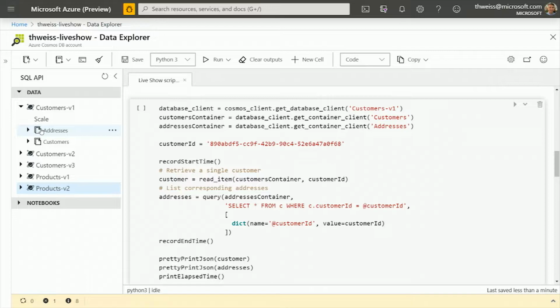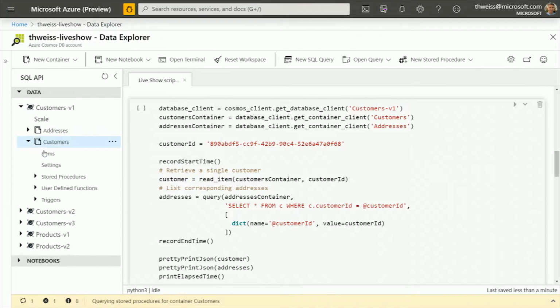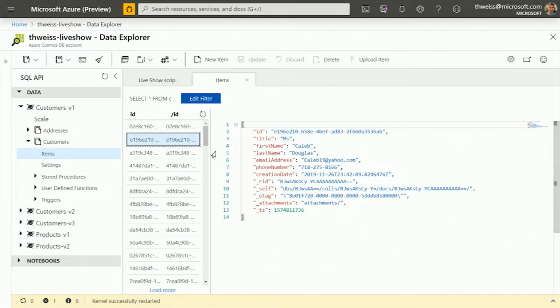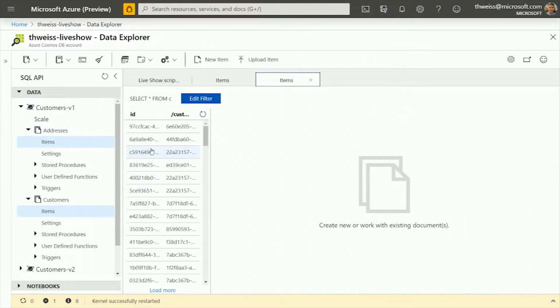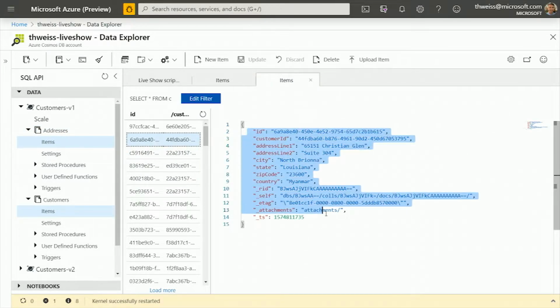Yeah. So as a first version, I have modeled my data over two different containers. And that's probably how someone coming from a relational background would have done it, because you would have done it with two tables. So I have a first container for customers, and as you would expect, each document represents one customer, and I have a second container with addresses, and each document here represents one address, referencing the customer ID. Of course, one-to-many, from customers to addresses.